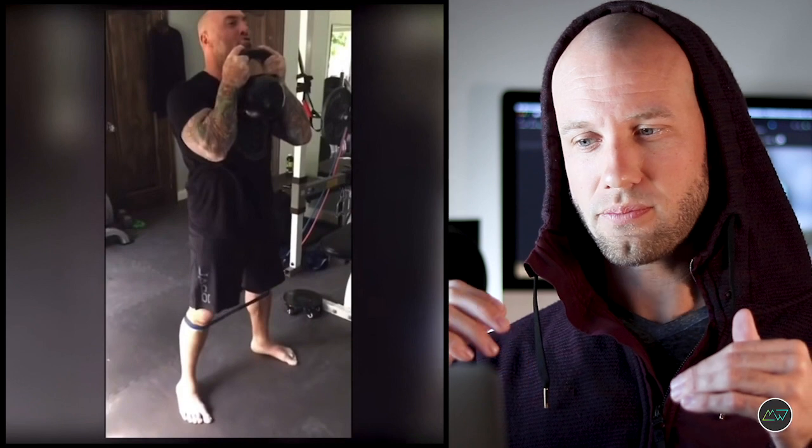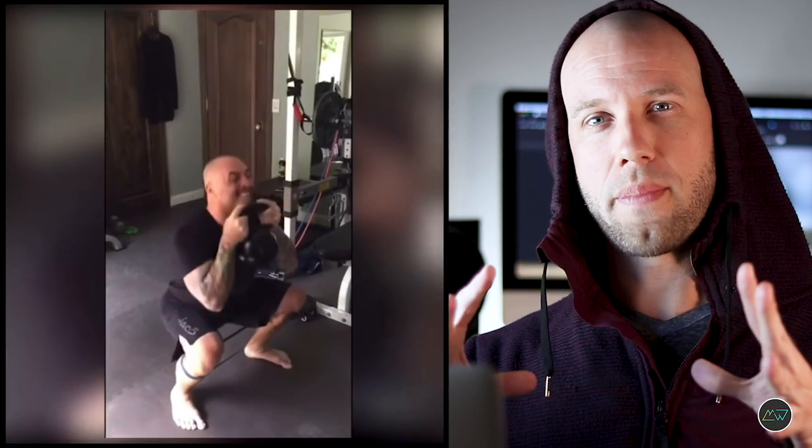So the way that you can get more out of less weight is by slowing it down. So pause in the top position, control that movement. After you've controlled, descend, hold that bottom position for a 1 to a 2 count, or even longer if you're really looking to mobilize those hips, and then powerfully explode out of that position and go back and control that